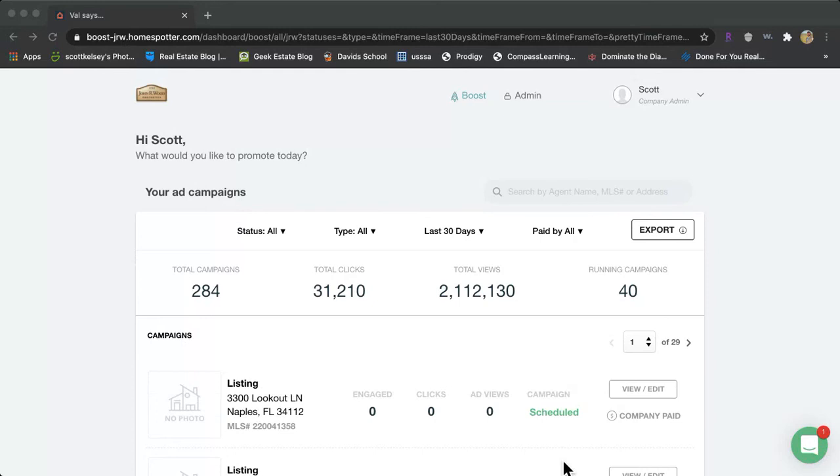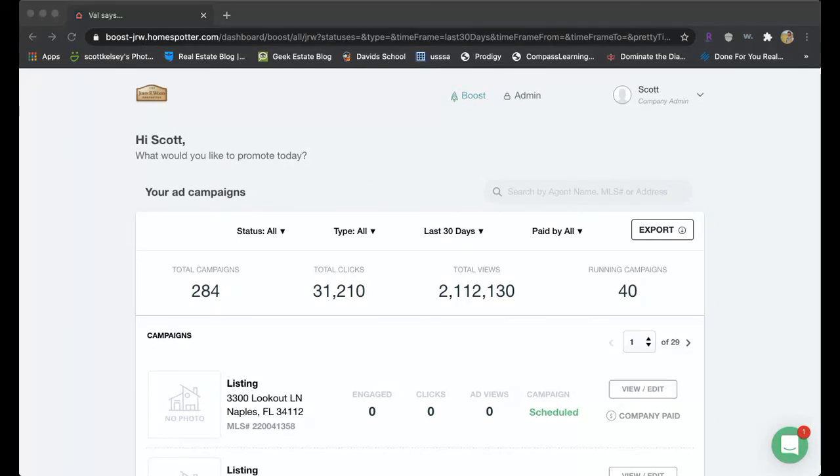The cool thing about those ads is you can actually go in and add your email list to those, meaning that if you have a group or a neighborhood that you have all the email addresses to, you can add those email addresses. I think it has to be 300 email addresses and up, but those ads are going to be targeted to